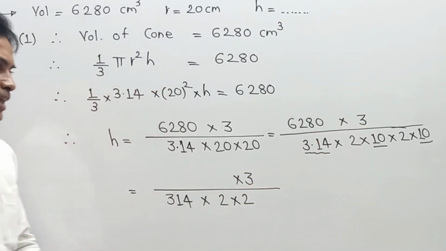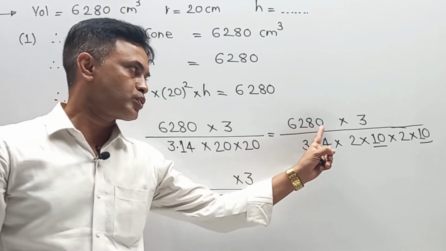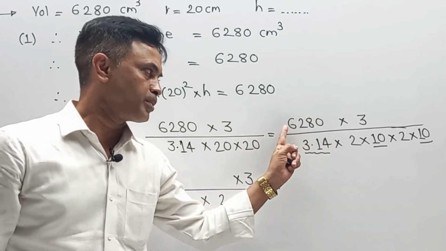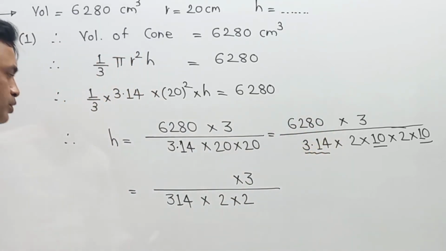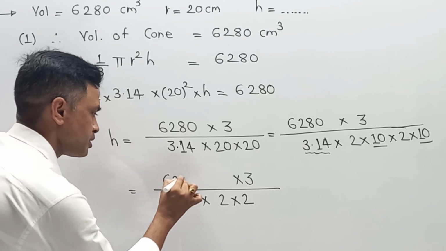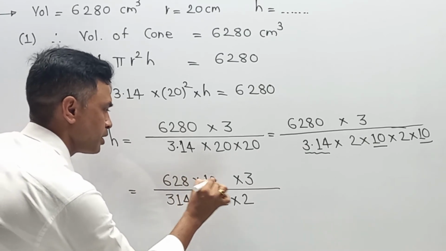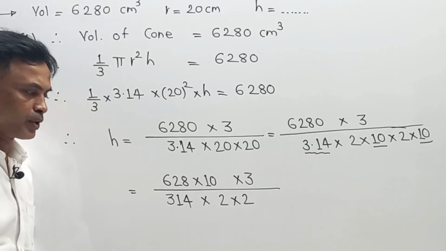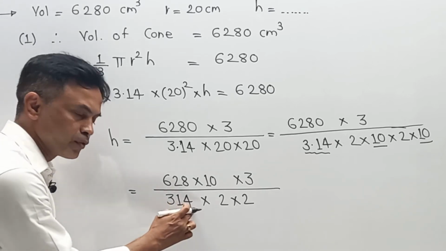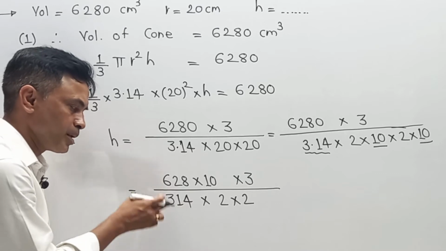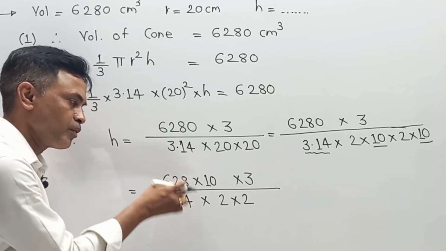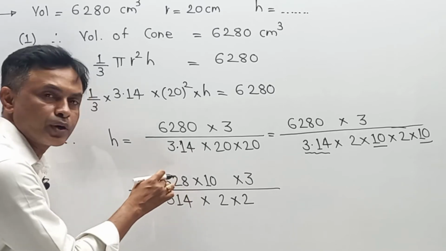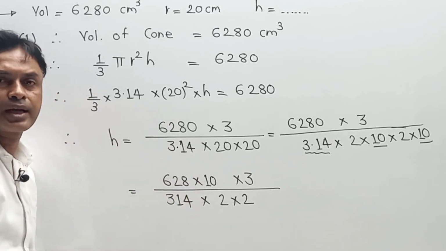Now the second and the largest number is 6280. Again I am going to make a simple modification. 6280 means 628 into 10. So it becomes 628 into 10 into 3 as usual. Now see what exactly is happening over here. Here 314 is a number and exactly double. 3 2s are 6, 1 2 is 2, and 4 into 2 is 8. Means 314 1s are 314 and 314 2s are 628, which is exactly upstairs.